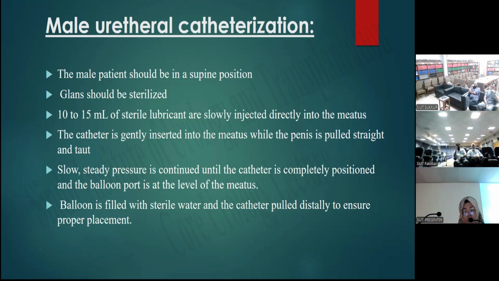And if you are sure that the catheter has passed beyond the bladder neck and still there is no urine in the catheter, the catheter pores might be blocked by the lubricant jelly. Then you have to flush the catheter with sterile saline or water to open its drainage channel.